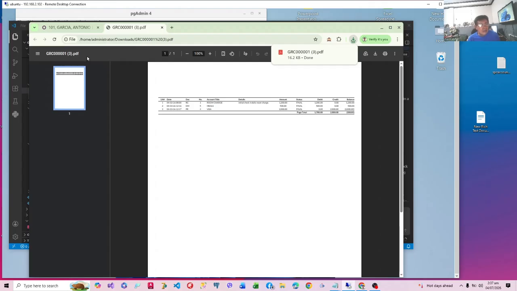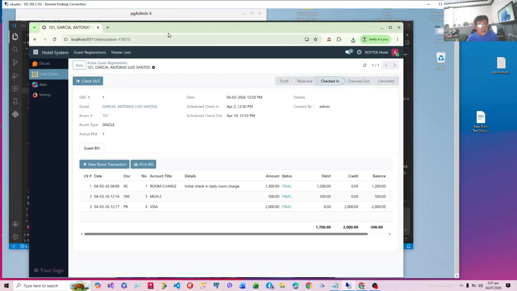Okay. Let's go to my source code. At the footer, we are going to initialize the 3 variables.